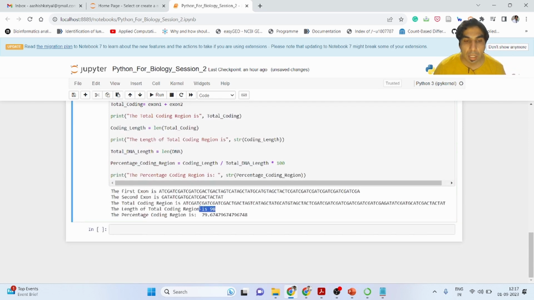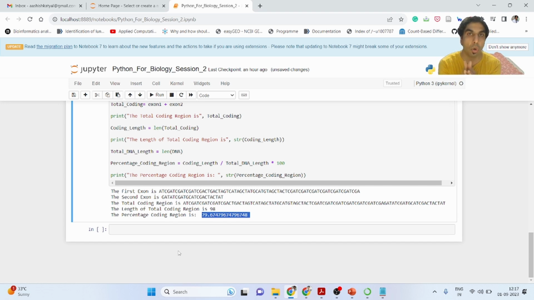And after that, the total length of the coding region, both the fragments 0 to 75 and the other one, the smaller fragment, is 98. So the percentage of coding region is 79% in that case. The rest, you can say, sir, what is the intronic region? In that case, the rest region is 75 to 100.